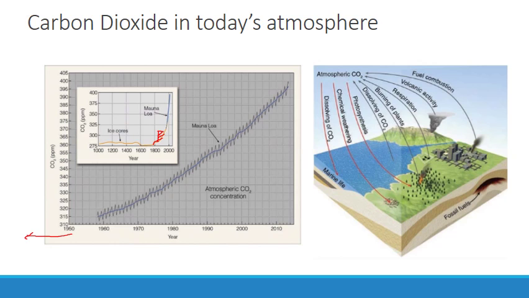The answer is photosynthesis, the process by which green plants convert sunlight into chemical energy, removes carbon dioxide from the air. In spring and summer, vigorous plant growth in the extensive land areas of the northern hemisphere removes atmospheric CO2, so the graph takes a dip. As winter approaches, many plants die or shed leaves. The decay of organic matter returns CO2 to the air, causing the graph to spike upward. So you can see that